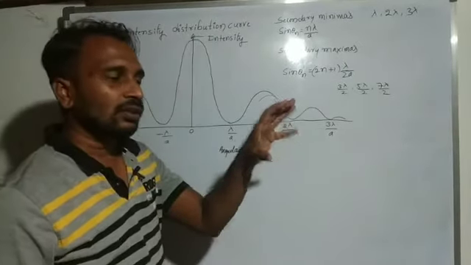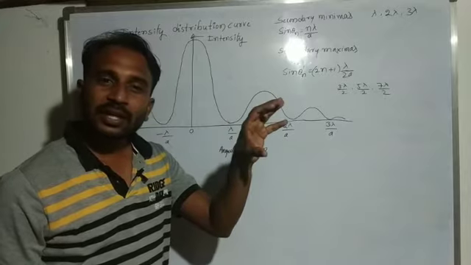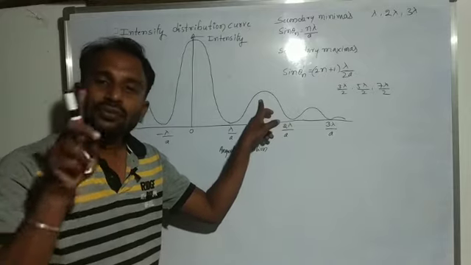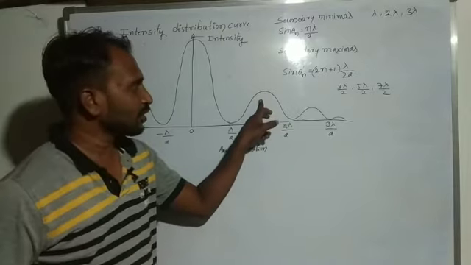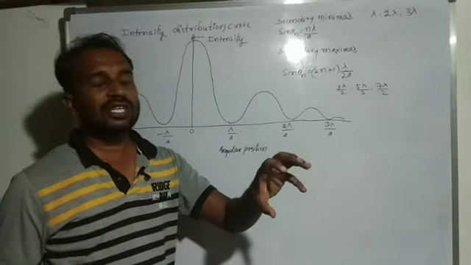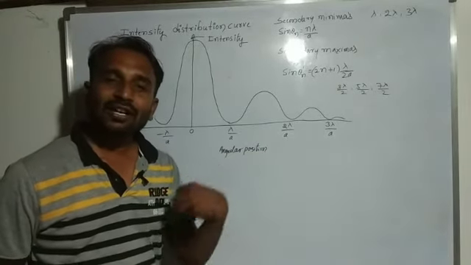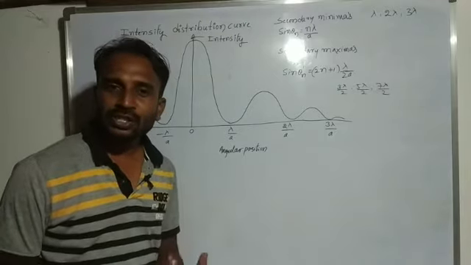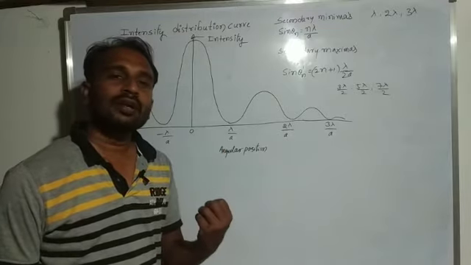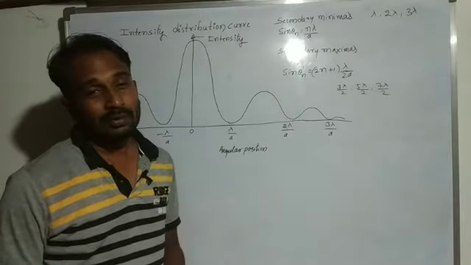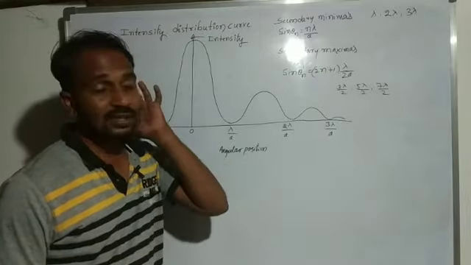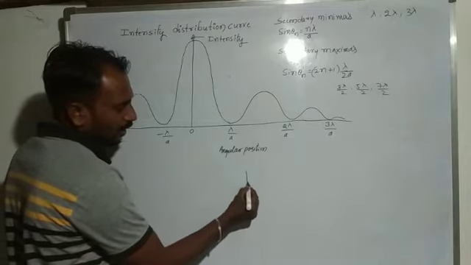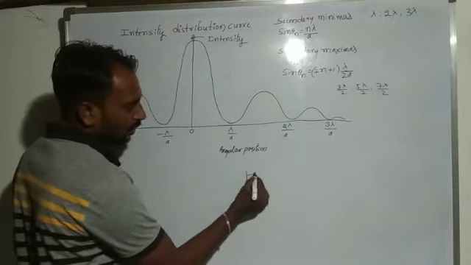The first bright fringe we consider the central bright fringe. Next one, the first secondary bright fringe. A bright fringe we consider a maxima, and dark fringes are minima. Which one has the bright fringes? That one we consider maxima. Which band is a dark fringe? That one we consider minima. So after diffraction we get bright and dark fringes on a screen.